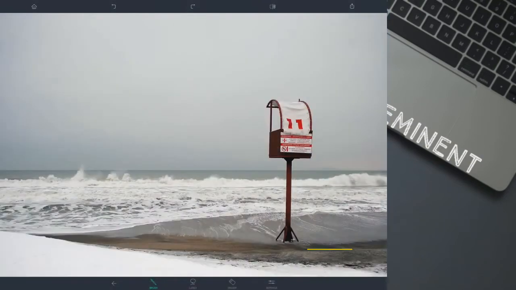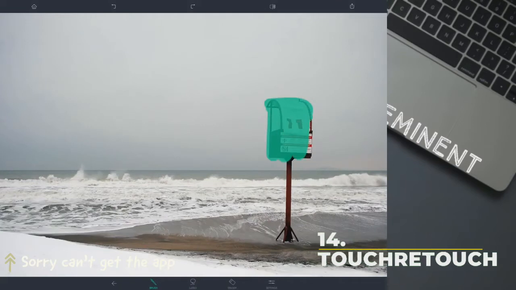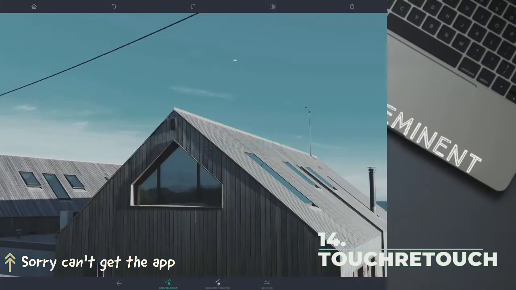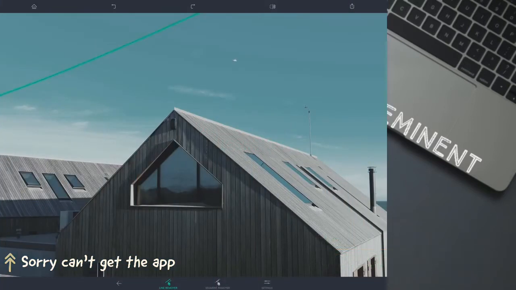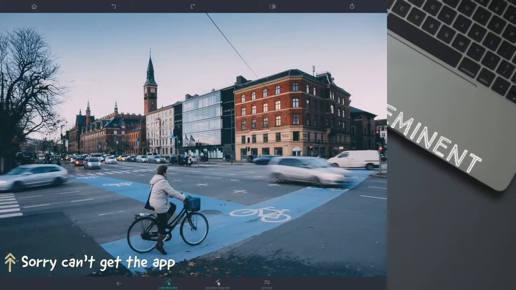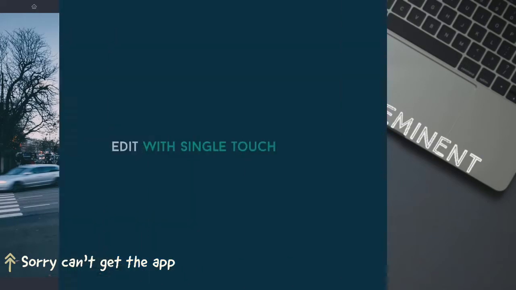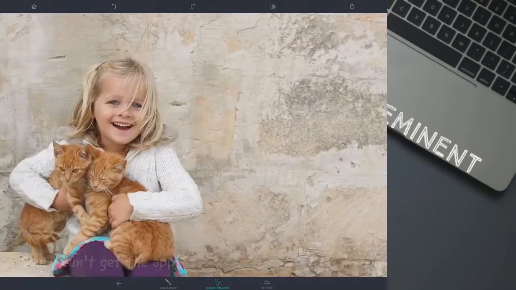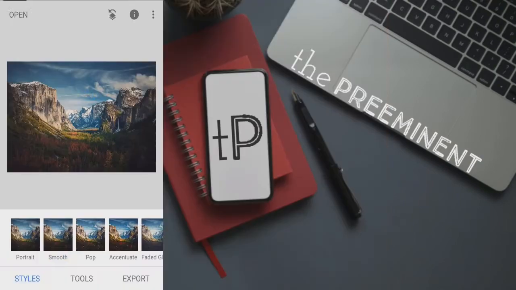TouchRetouch is one of the more unique photo editor apps. It doesn't do the usual stuff like smooth your skin or remove red eye. Instead, it removes other stuff from the photo. You can do things like remove unsightly power lines from your shot, small objects that you don't want there, and in some cases you can even remove people. The app either works insanely well or not at all. We don't recommend that you expect miracles, but it does a fairly decent job most of the time.